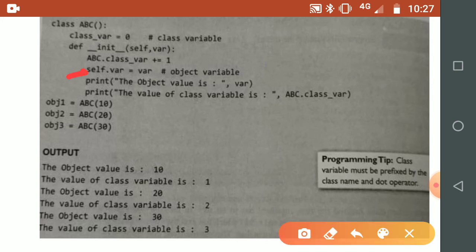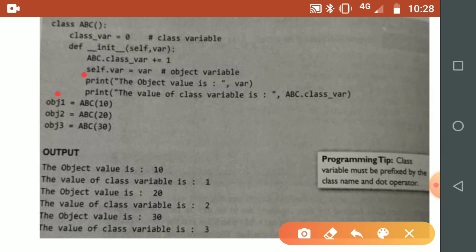Now the next line is self.var = var. Now what is this self.var? self.var is the object variable that I already told you about in the previous program. So we are going to initialize the value passed to our method, which is 10 and stored in the var variable, to self.var. The self.var is nothing but the object variable of obj1, because currently self points to obj1, as our current object is obj1.